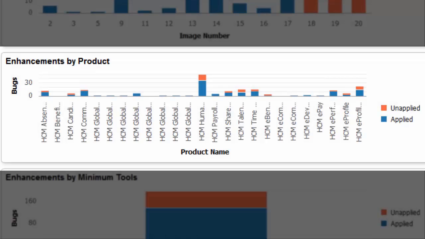The Enhancements by Product analytic identifies the enhancements that are available for each product. You'll be able to see the percentage of enhancements you have applied for each product. Drilling into the product, you can see the details of the enhancement, and with related actions, can add the enhancement